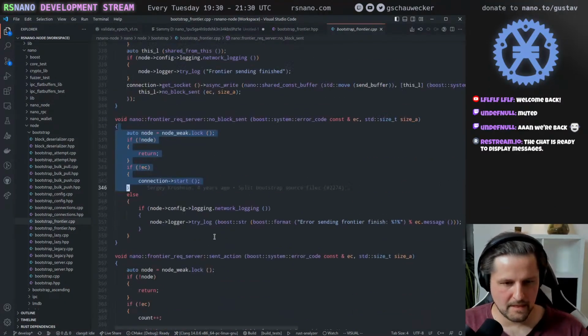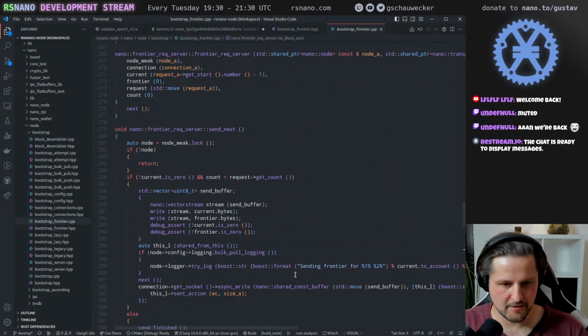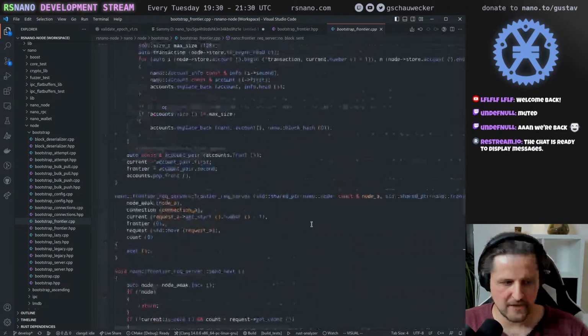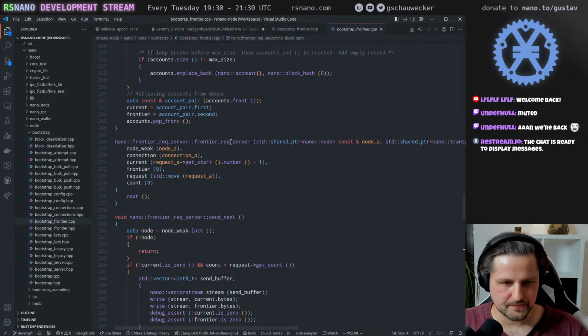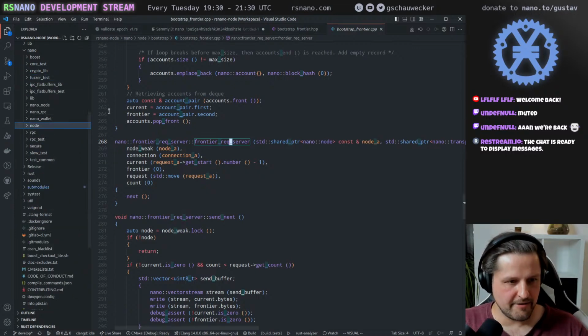So not that much code, but it uses threads, which makes bringing that to Rust a bit more difficult, but not impossible. So let's just begin by going to the Rust side,